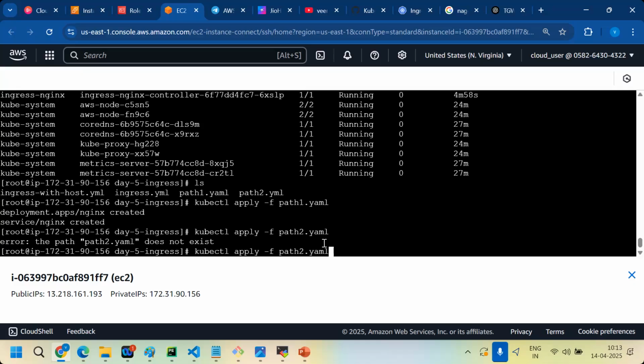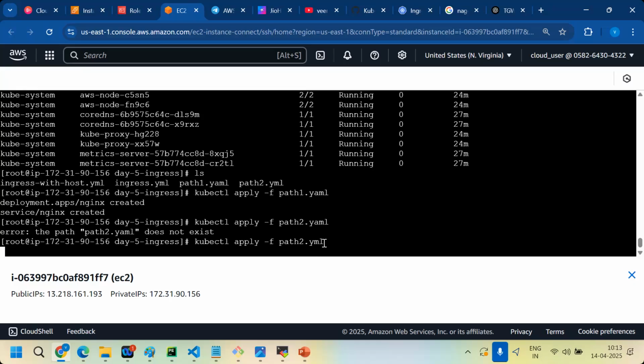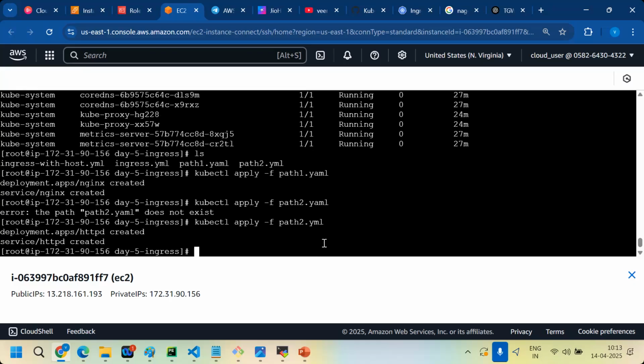Okay, YAML is not there. So guys, now kubectl get pods.